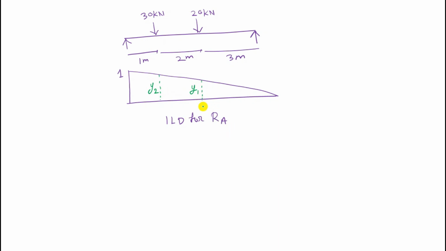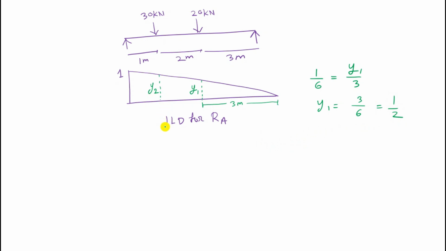Now you see this distance is 3 meter and total distance is 6 meter. Okay, so we can write 1 by 6 equals Y1 by 3. So Y1 equals 3 by 6, that is half,